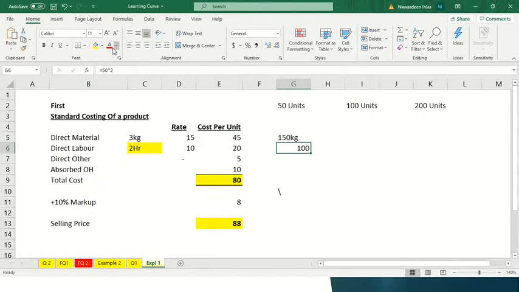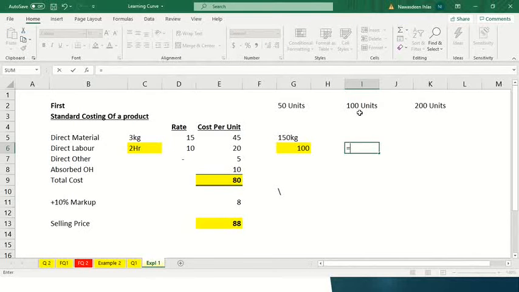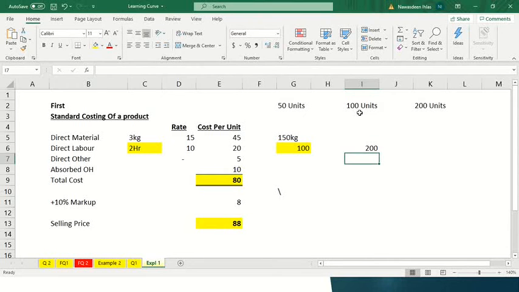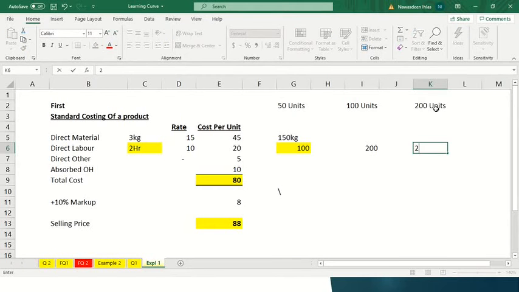Here you can see, if we assume in a normal condition per unit we need 2 labor hours, which means for 50 units we need how many labor hours? 100. For 1 unit we need 2 labor hours. For 100 units we need how many labor hours? We need 200 labor hours. For 1 unit we need 2 labor hours, which means for 200 units we need how many labor hours? We need